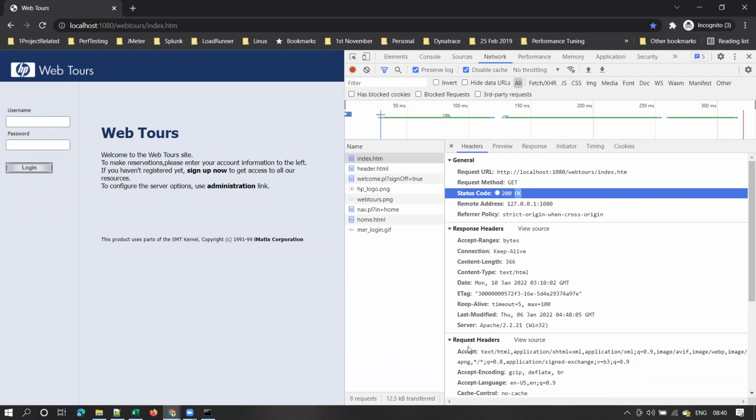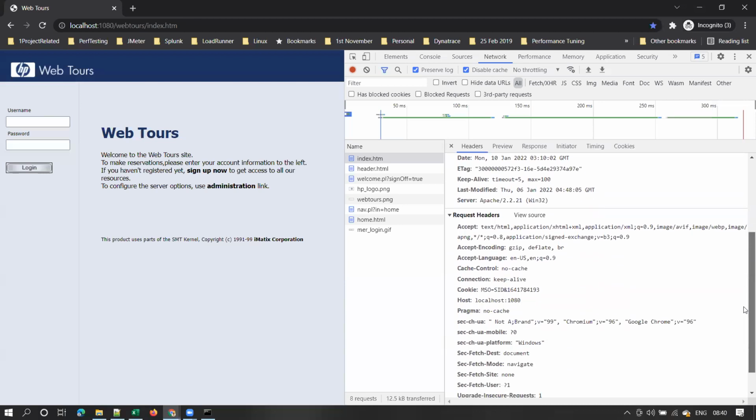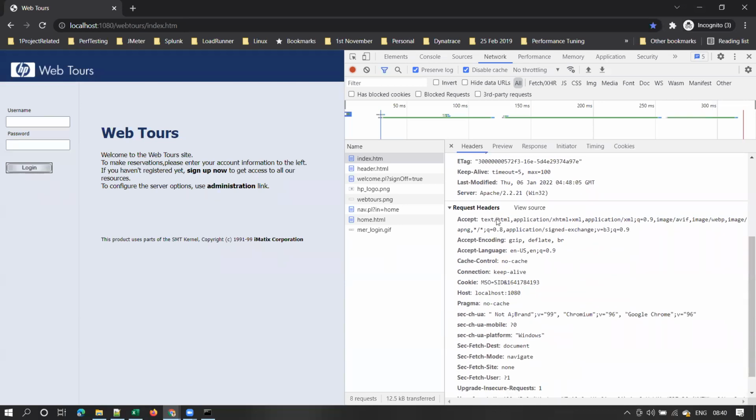And you see some request headers. Let's understand the request headers first. What additional information has your browser sent? The browser said that I can understand this gzip format, I can process the gzip format, or I can accept this compression format, I can understand US English. That's what your browser sent to the server. Clear, guys? Yes, sir.